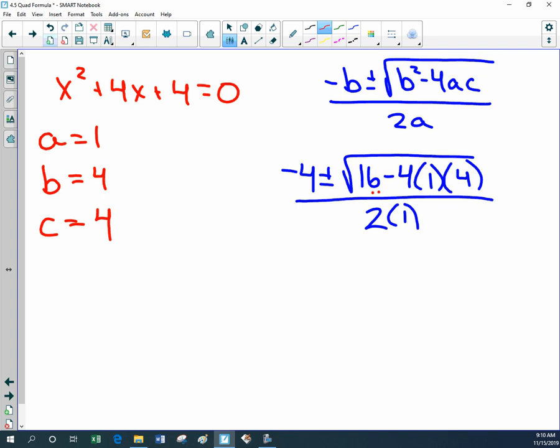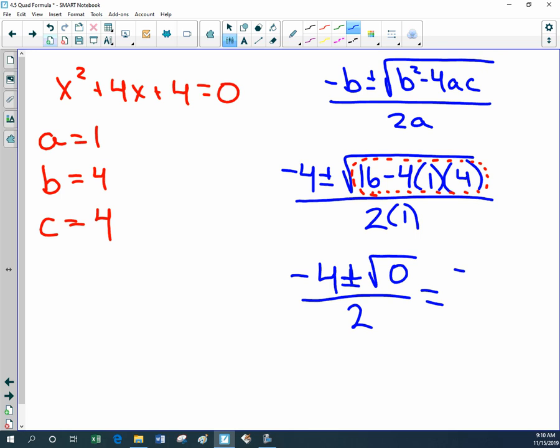Find out what number is inside the radical. So 16 minus 4 times 1 times 4. What'd you say? 0? So we have negative 4 plus or minus square root of 0 divided by 2. Square root of 0 is 0. So this is negative 4 divided by 2, which is